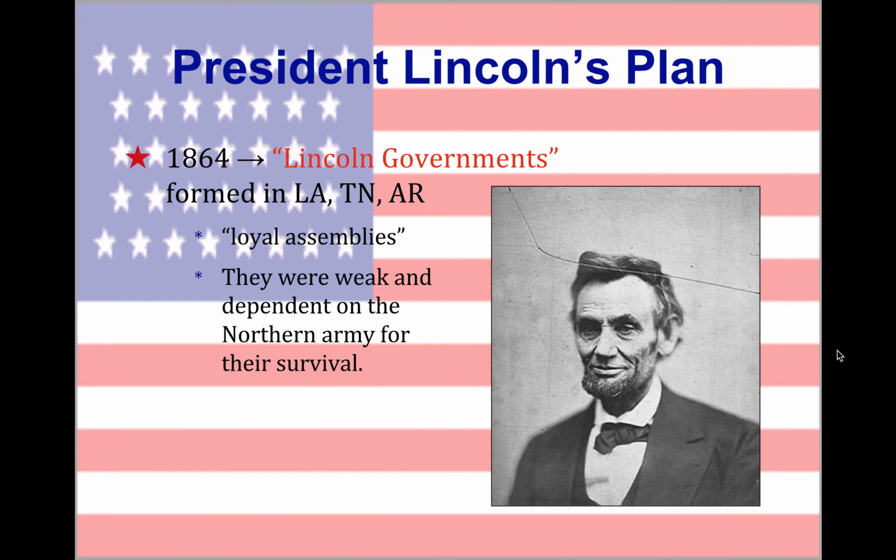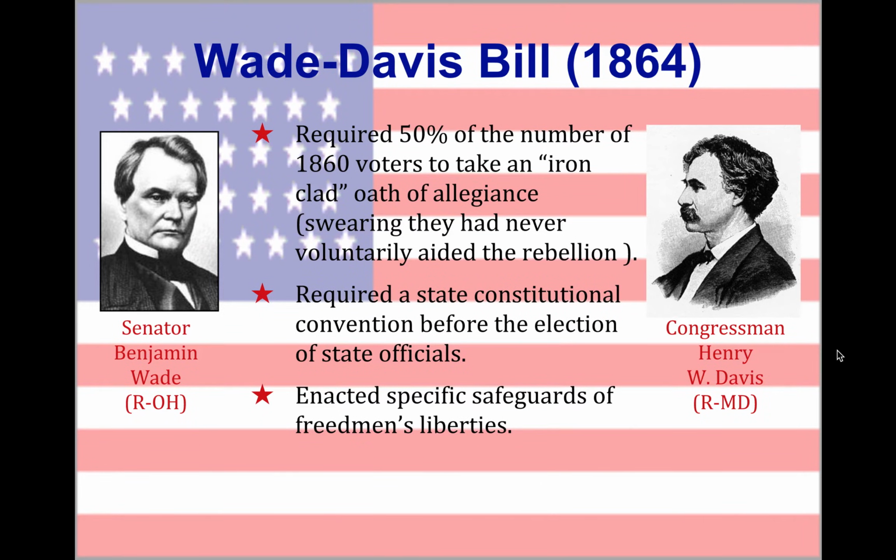So they're recognized, but we're not going to see representatives from these three states play a major role in the Reconstruction process. It's going to be the radical Republicans like Benjamin Wade, Henry Davis, Charles Sumner, Thaddeus Stevens, they're the ones who are largely going to be controlling Reconstruction after Lincoln dies. So, speaking of Wade and Davis, they come up with their own plan for Reconstruction. So, this is the congressional plan, or the first congressional plan, for how to deal with the post war government.